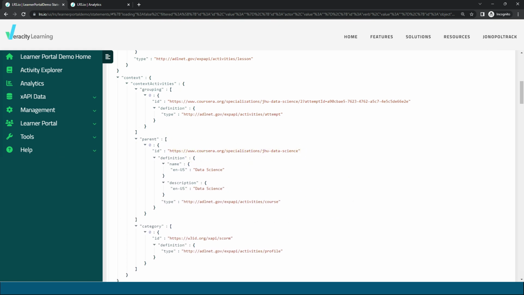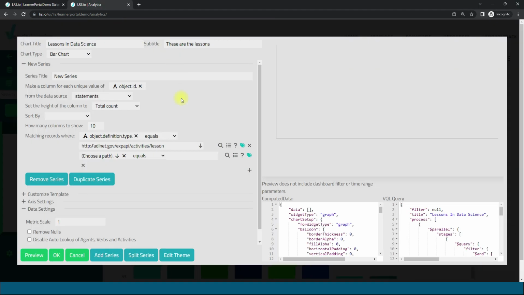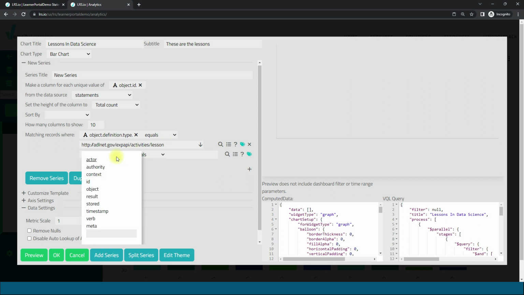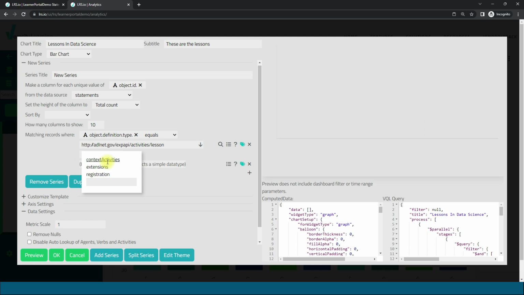So what we actually need is this ID. I have it over here. I'm just going to copy it and go back into our analytics. And what we want to do is say where context activities, parent,